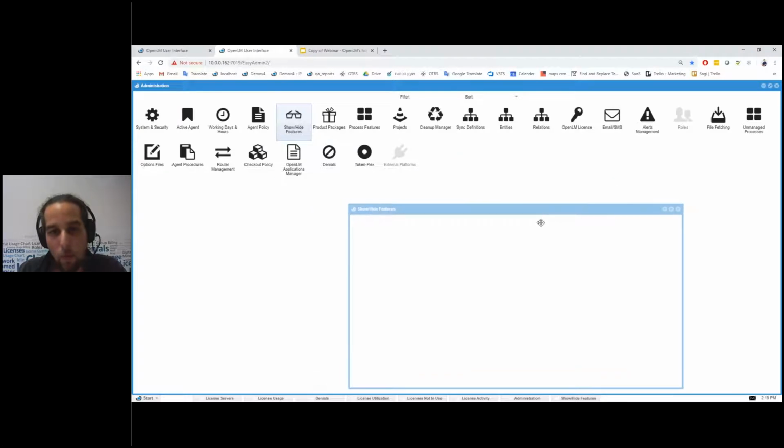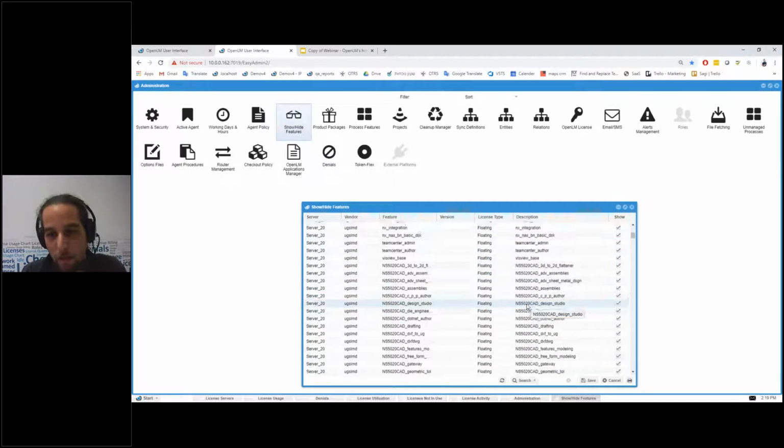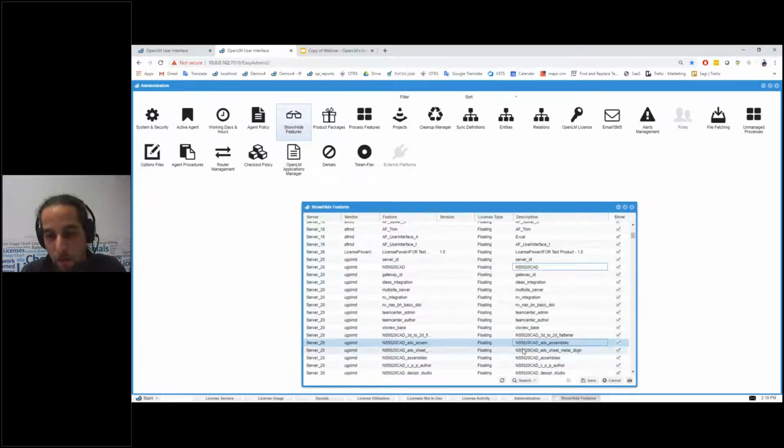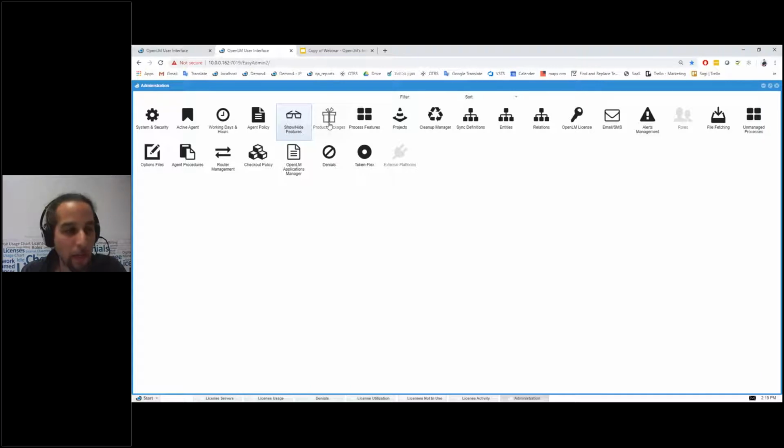Now, once you show it or hide it, you probably want to see it in a different description. Like this feature, okay, it's got a nice description, but what if it's a description like this? And you want to change it. You want to add a normal description to it. So what do you do? You go to product packages,